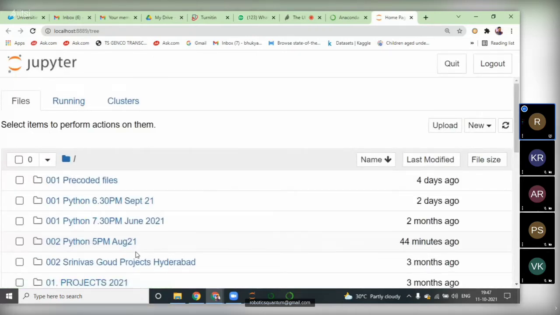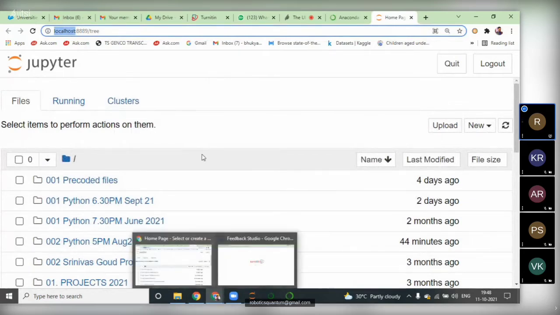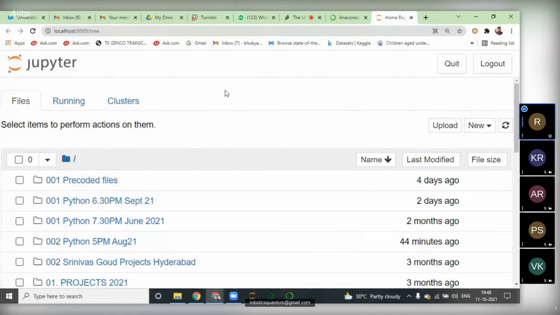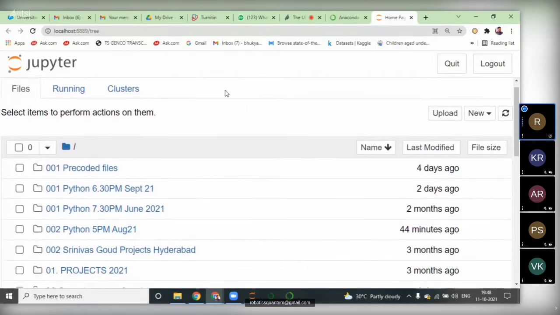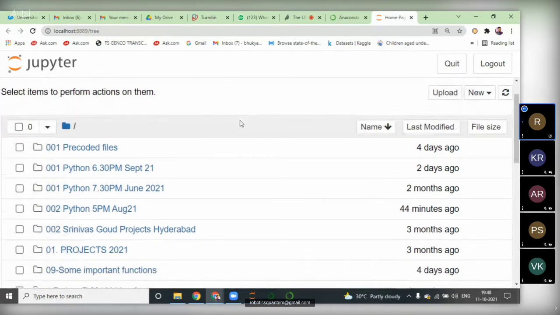See, when we open this one, it's showing the different folders available here. So it's completely working on localhost. It's all completely opened in Google Chrome, which I selected as default. We can also use Internet Explorer or Firefox, or any browser can be used to support this. But it's recommended to use Google Chrome because it appears properly, unlike Firefox and Internet Explorer.